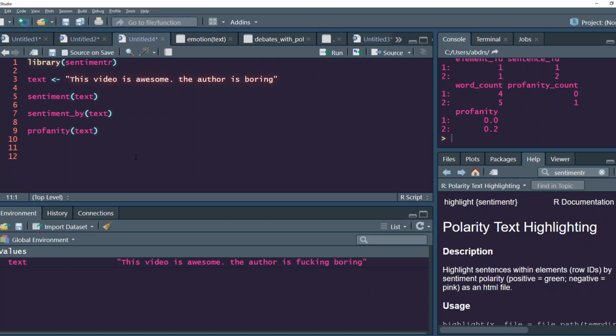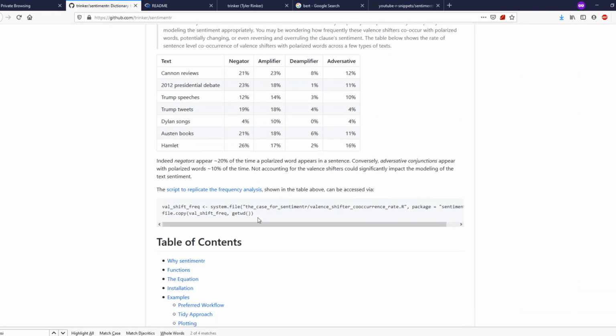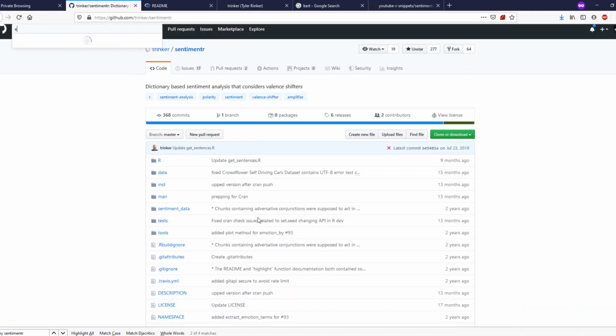functions also have a by version which helps you aggregate at different levels. But the main thing is no organization is going to give you a text as a character string, right? So most of the time you're going to get a data frame. So to handle that, because we don't have a text data frame, what we can do is use some inbuilt